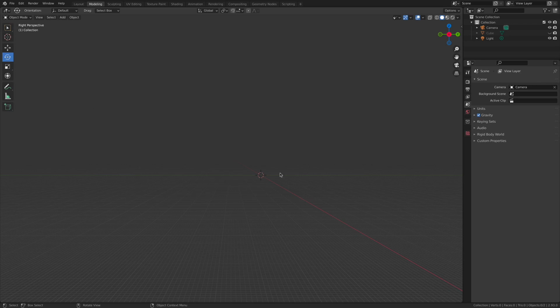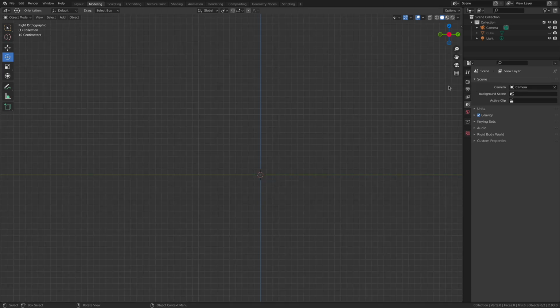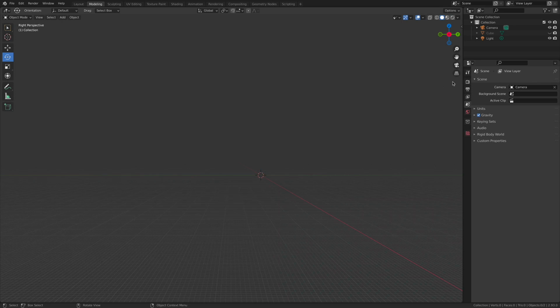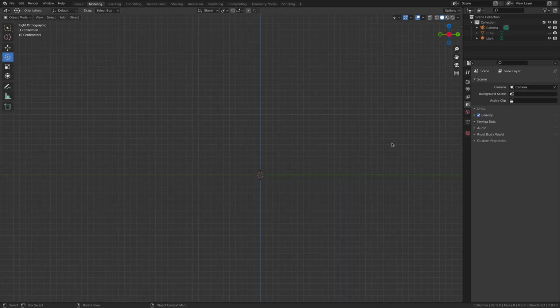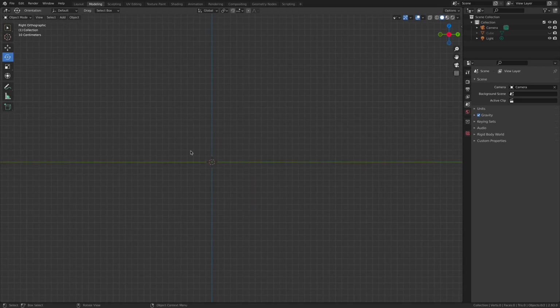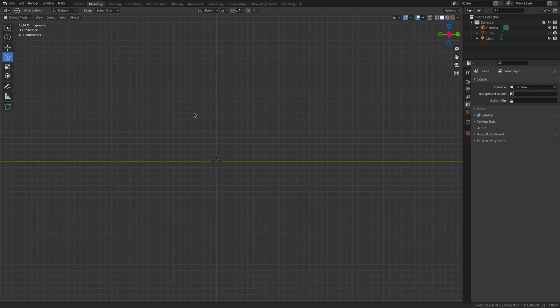Now, if you look real carefully here, you can see that the grid is suggesting that we're still infusing a tremendous amount of perspective inside of the scene, and you'd be correct because you still are. This little button right here is going to remove all of the perspective from your scene and switch to an orthographic view. Aha, this is looking a little bit more like what we're after.